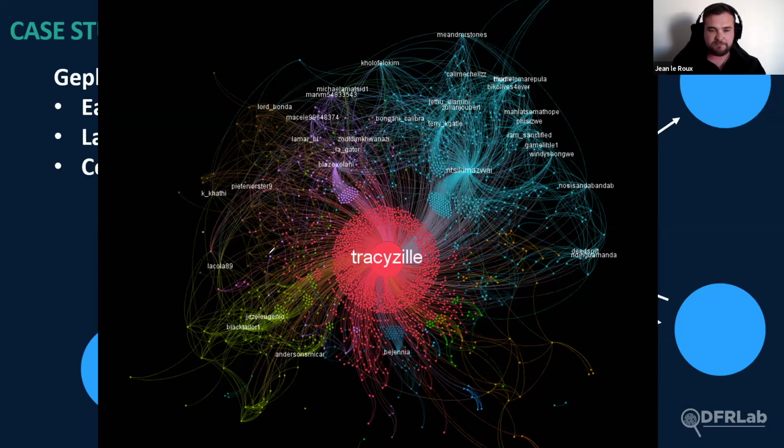But usually, it's partly a lack of understanding of how these networks operate, and also it's seen as very difficult to get the platforms to comply and hand over incriminating information at the end of the day. So there is a bit of a lack of will on the part of law enforcement, and secondly, on the part of platforms. Unfortunately, in South Africa and in Africa as a whole, we're not the US, we're not Russia, and we're not Europe. So we don't get the same attention as those nations do when it comes to social media disinformation, even though we're pretty much on par with the amount of it that we are exposed